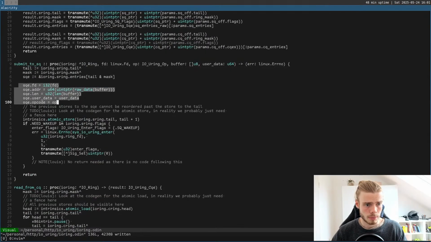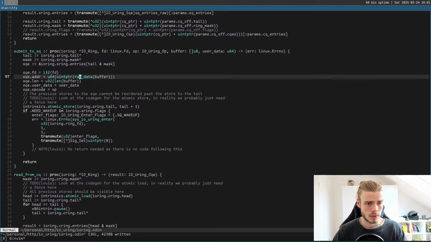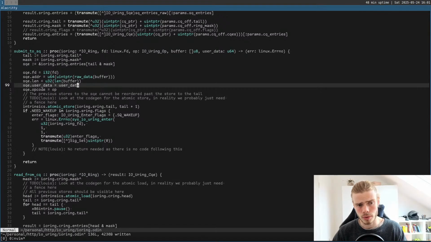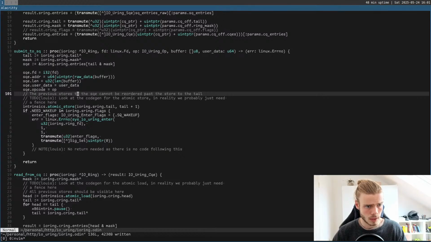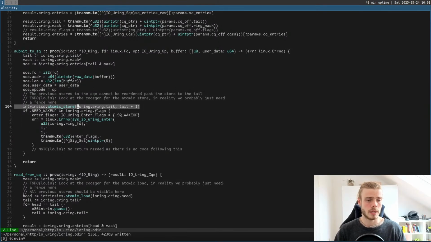Then we set all the parameters that are given by the function caller. We set the address, which is the pointer to a buffer, the length of the buffer, some user data so that we can refer to the submission entry when we get the completion, the opcode, and then we make an atomic store to the tail,